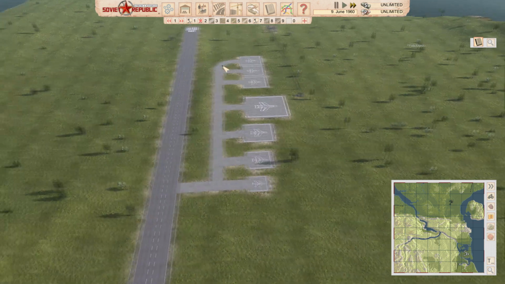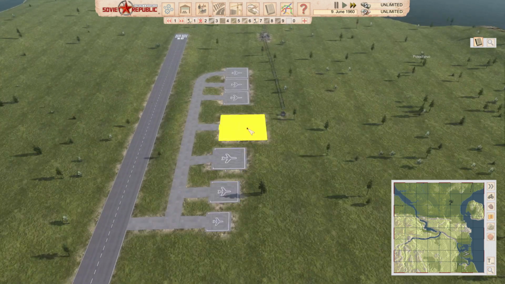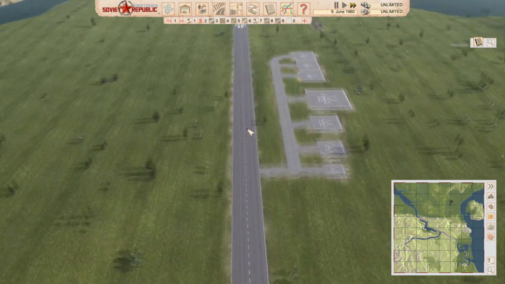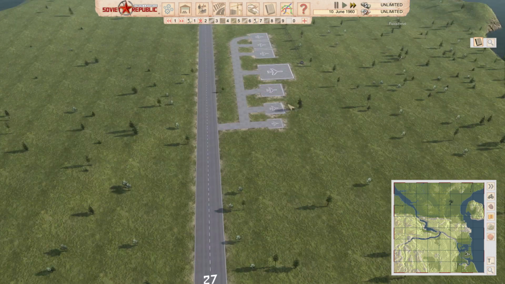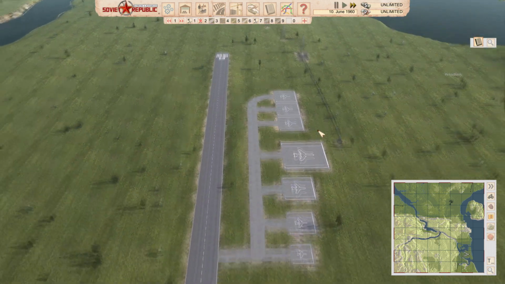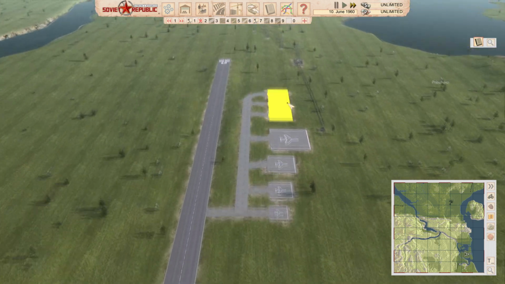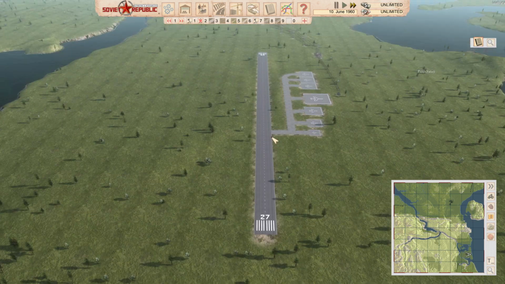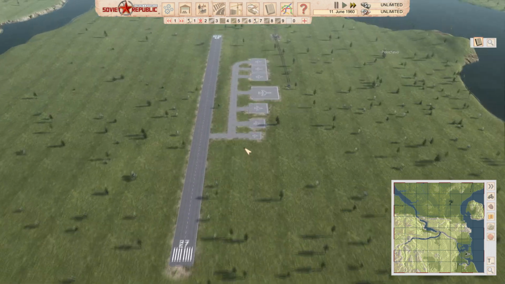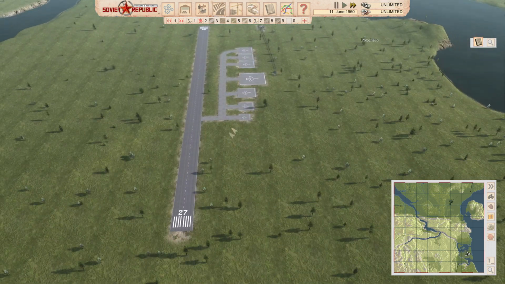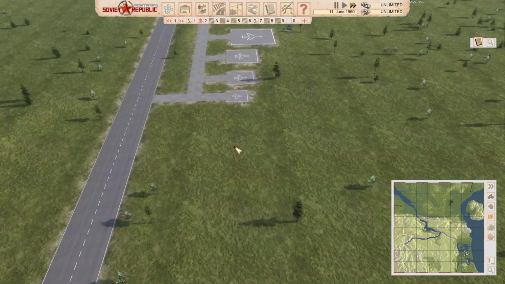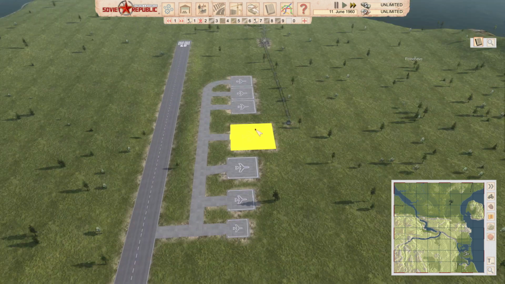Now, before I actually show you the aircraft, I want to talk about the fact that aircraft come in different sizes, and those sizes are reflected in the length of the runway. So one of the key things you need to consider when you're planning an airport is what size of aircraft are you going to fly, because that will define what size of runway you're going to need to build. And I think it's also quite important to emphasize that the aircraft have different lengths of takeoff. So what you need to do is take a very careful look at the aircraft. And one thing I would recommend is if you're coming to this new and you intend to use this in your let's play in your own gameplay, I suggest you do a quick test with Unlimited to familiarize yourself with